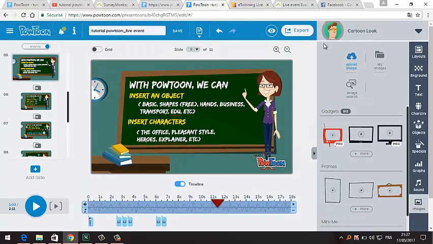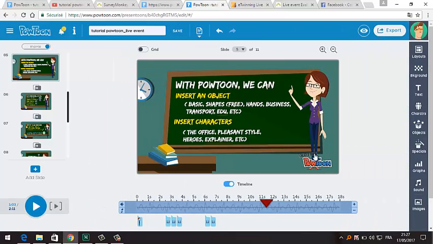Okay. After that, each time you add an object, you have to save your tutorial, your Powtoon. This Powtoon is saved on your account as my Powtoon. Before you export your Powtoon, you can preview your tutorial, your video,